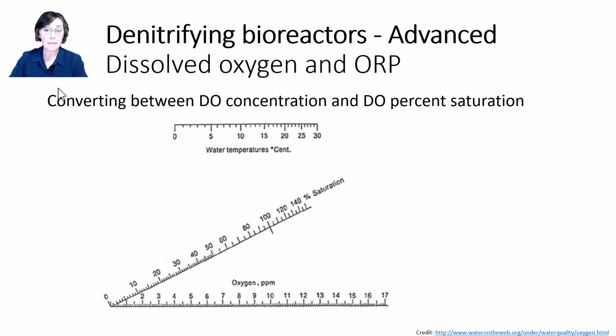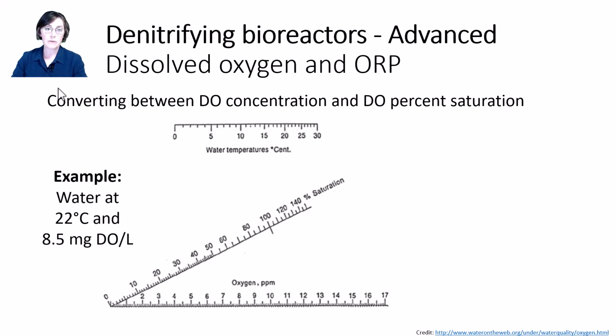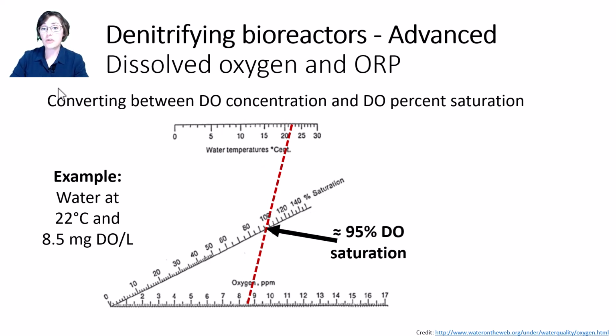A nomogram is a diagram that represents the relationships between 3 or more variables by representing them on a series of scales. And you just use geometry to relate the variables across the scales. For example, say we measured the DO of water that was 22 degrees Celsius and it was 8.5 milligrams DO per liter. You just draw a line from 22 degrees to 8.5 and you see it goes right through about 95% saturation. So you know that at that DO concentration and water temperature, you have 95% saturation of DO